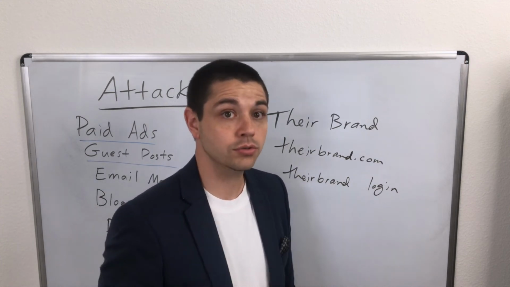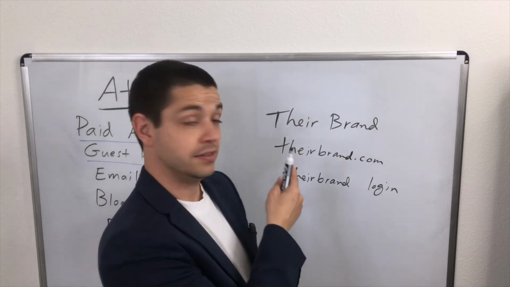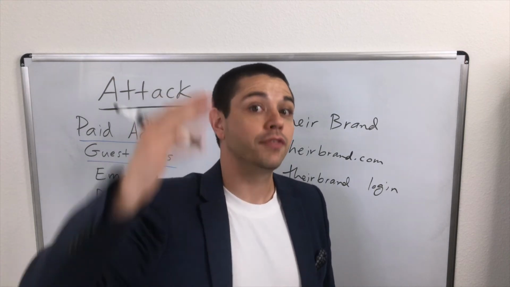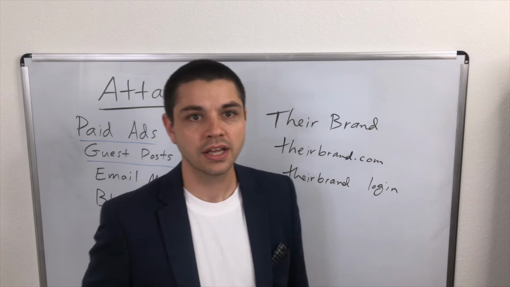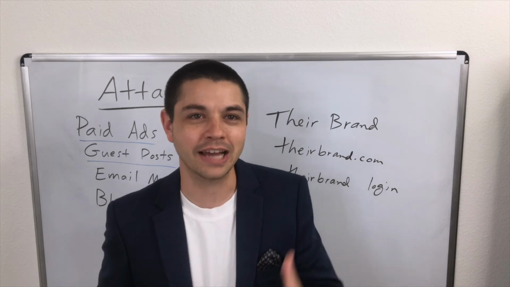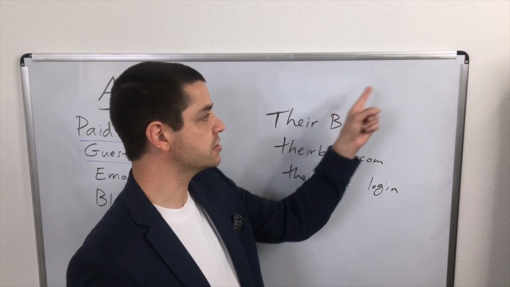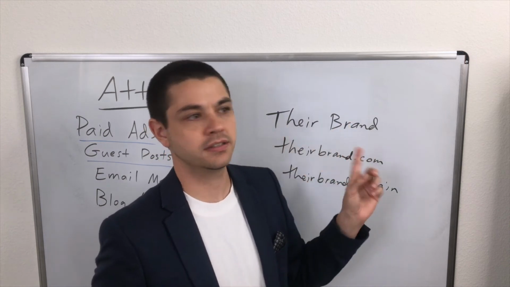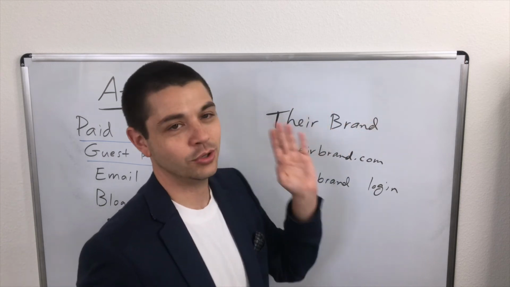Now, what this is going to do is, if our bid for these keywords is higher than their brand's bid for these keywords, our ad will show up above theirs. Our ad will show up when someone types in their name. Now, don't you think that that's pretty useful? Especially if you know that it's specifically targeting them and you can compare what you have to theirs. So if I'm going to target this, I could say Fhlee versus their brand, right? That could be my ad. And then it could say like, spend 50% less or spend 100% less when you go with Fhlee instead of